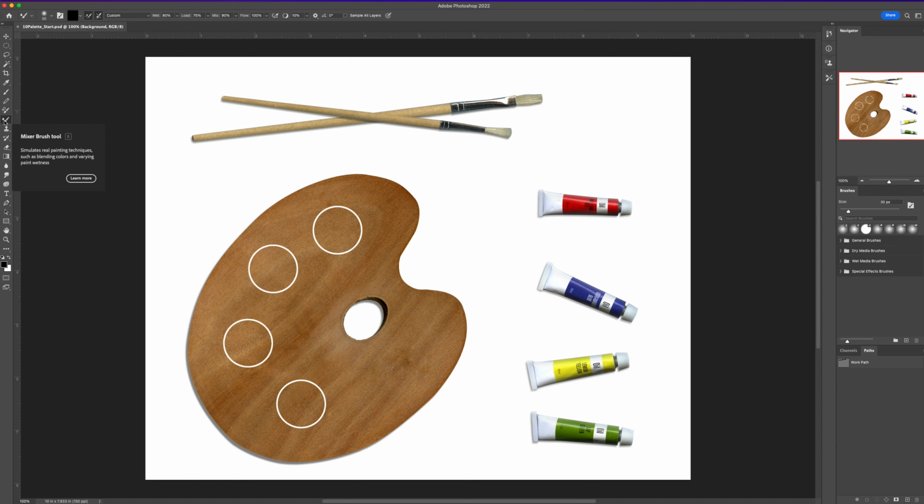But before we do the mixer brush, we need to click and use the eyedropper tool. Click onto the red on the palette, and you can see our foreground swatch is now red. Then we're going to click the mixer brush, quick key B, and then we go up to Window,